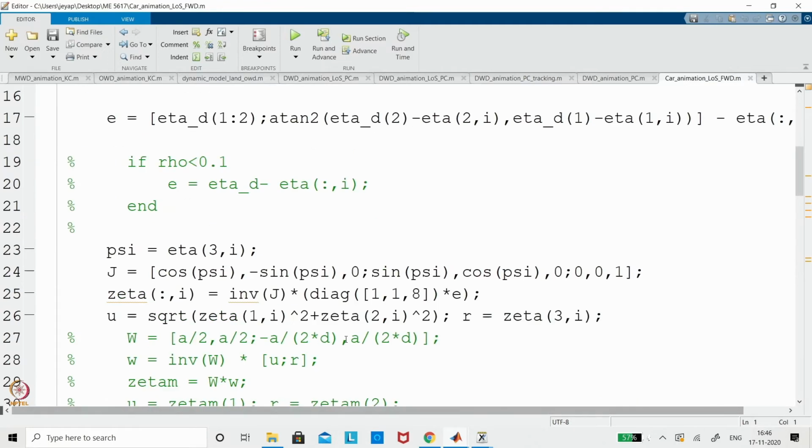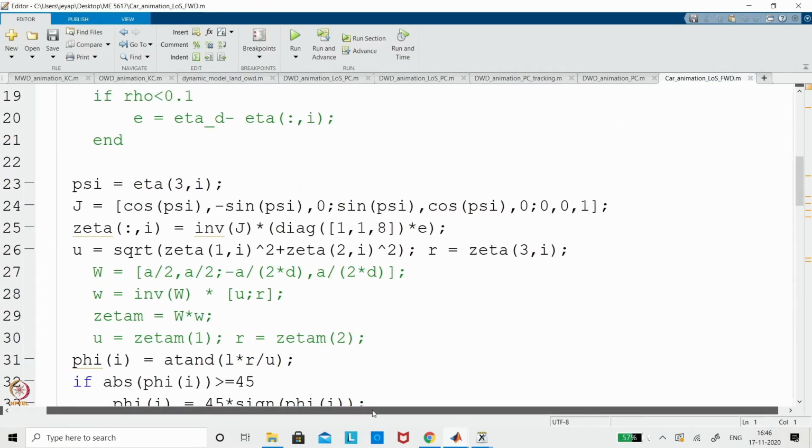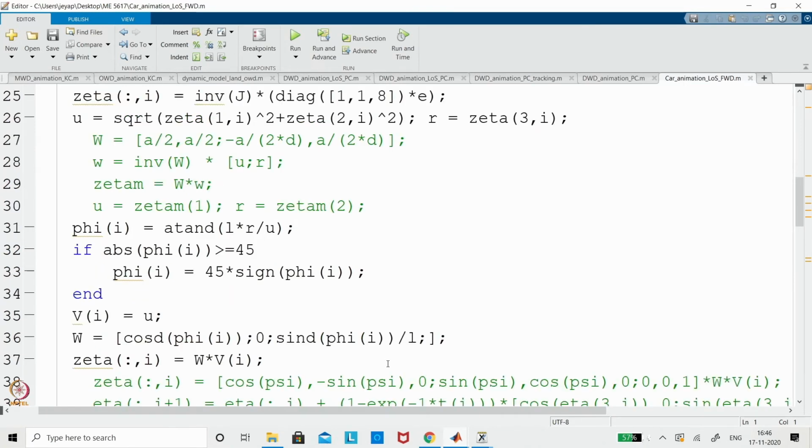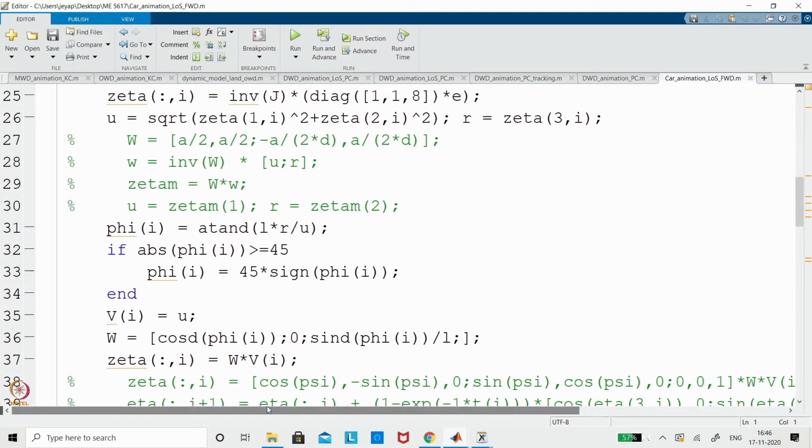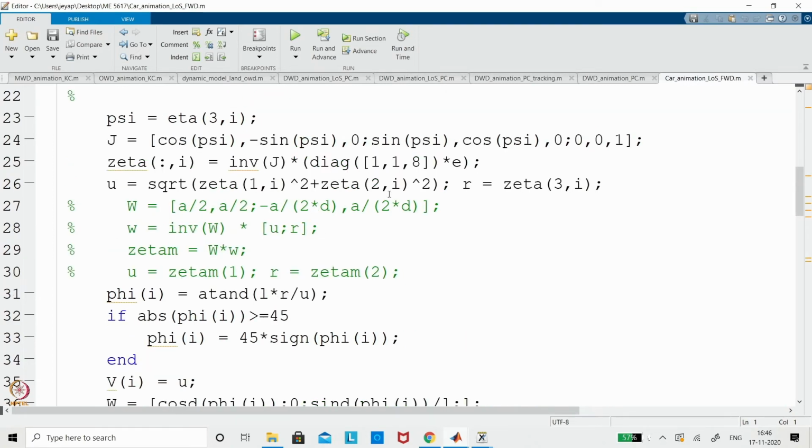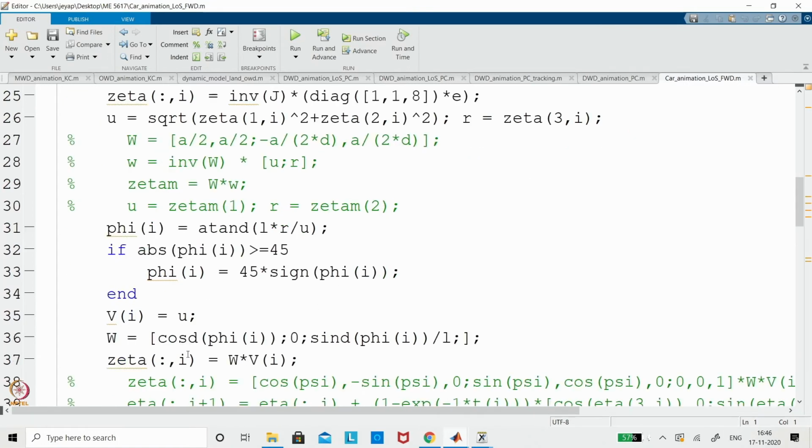Now you can see that the W matrix would get changed, so you can recall what we did in our generalized wheel model. So this is what we have done, that you can apply. Now you need 2 things: one is the steering angle, and the other is the forward velocity. Both we calculate based on the line of sight method, where U and R would be calculated. After that I will substitute into the W relation and calculate the angular velocity of the individual wheels.